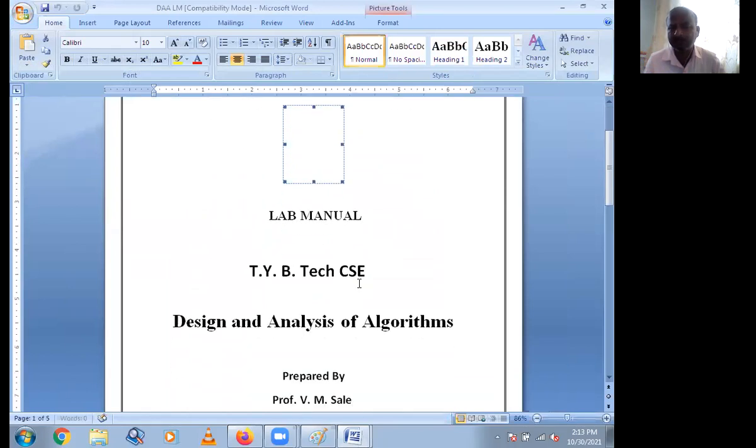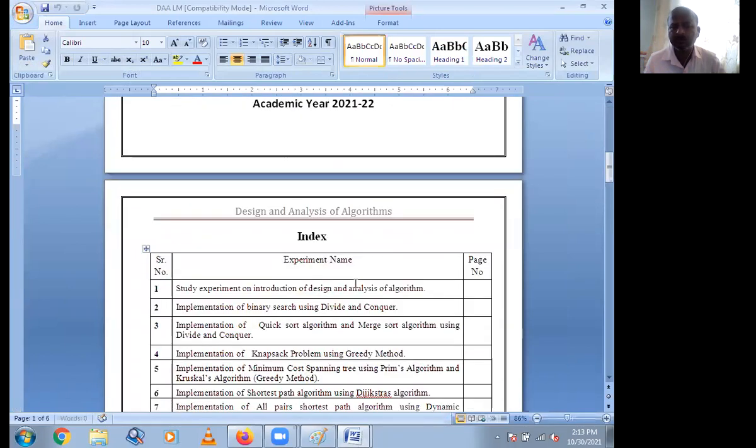I will share the lab manual. Your first experiment is a study experiment, that is, introduction of design and analysis of algorithm.